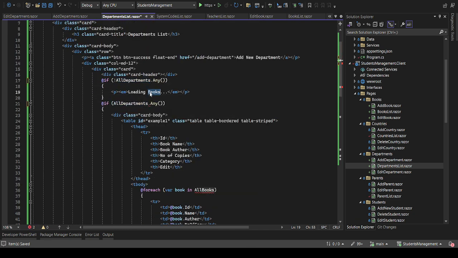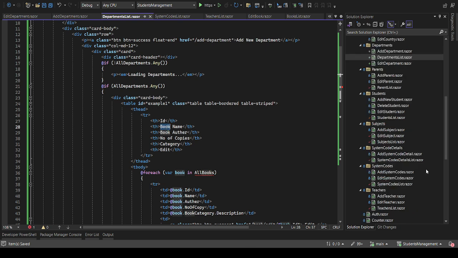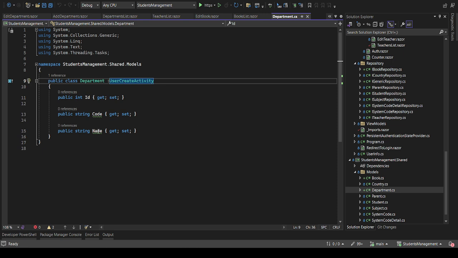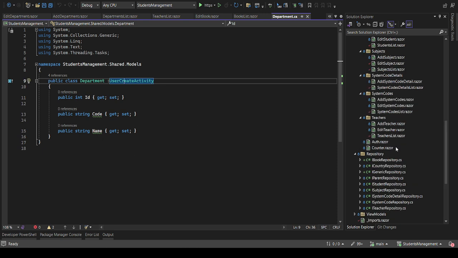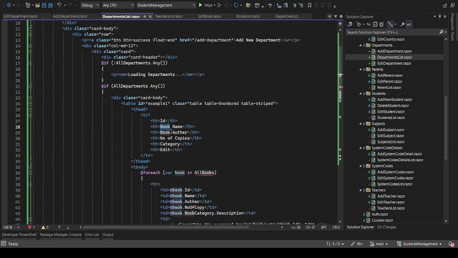Then here, how is our model for the departments? So we have the ID, code, and the name. So for the list, we'll now display the department code, then department name,